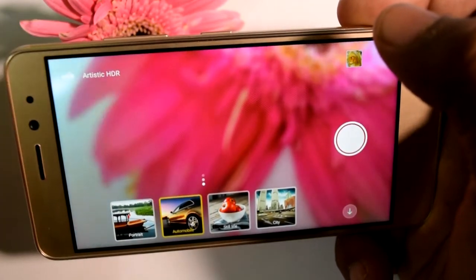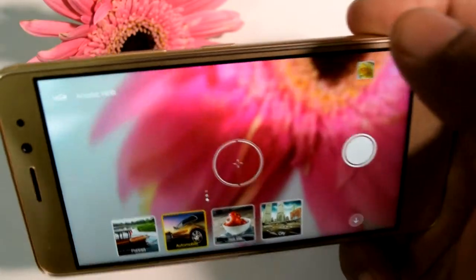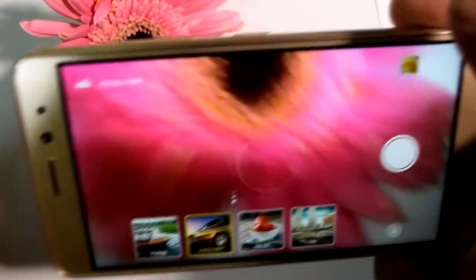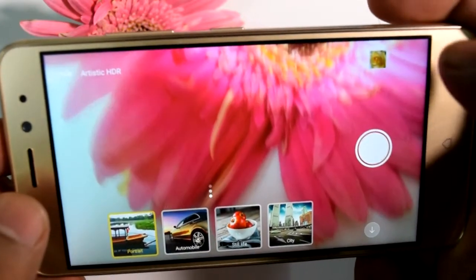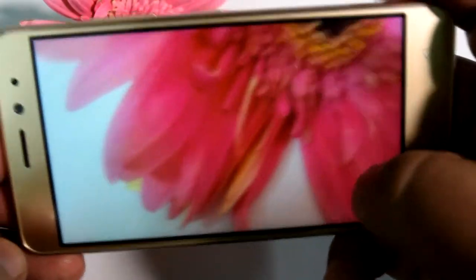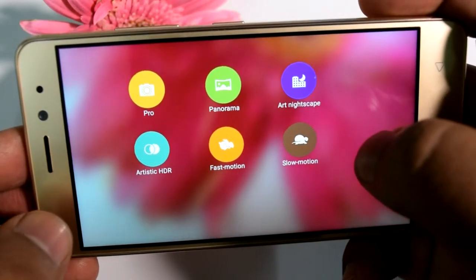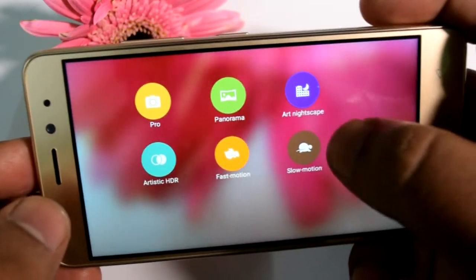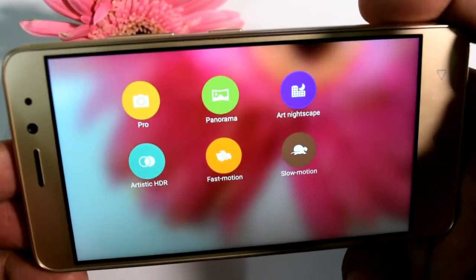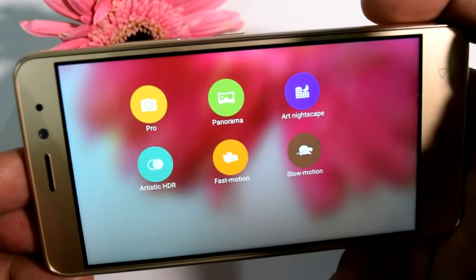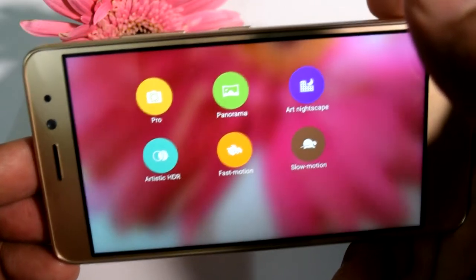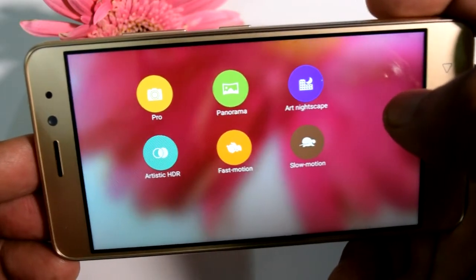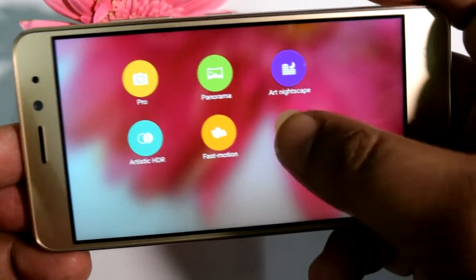So first let's go to automobile and see if there is any difference. No, actually it does not make any difference, because in the background I have a flower which is very close, and that's why the photos are not coming out that clear. But anyway, let's go back and see the remaining options. We have a fast motion option. If you enable that, especially for sports photography, any fast moving subject is going to be convenient to capture with the fast motion option. Then you have the slow motion option. They have shown it with a tortoise. Let's see what